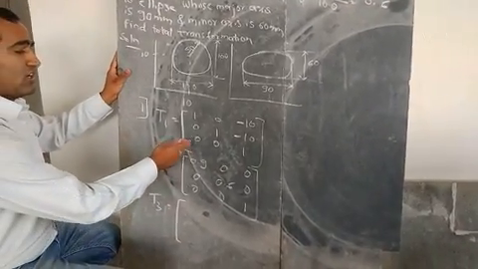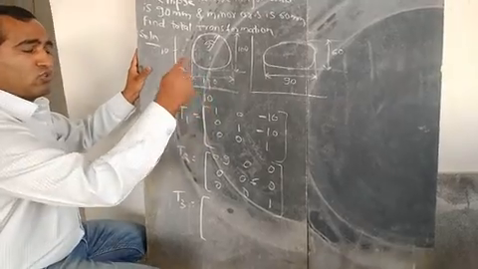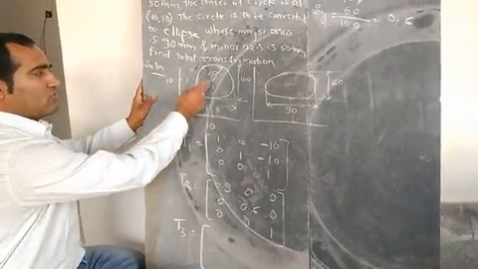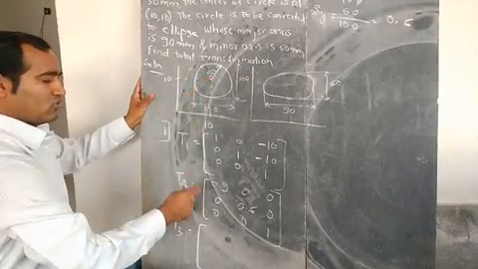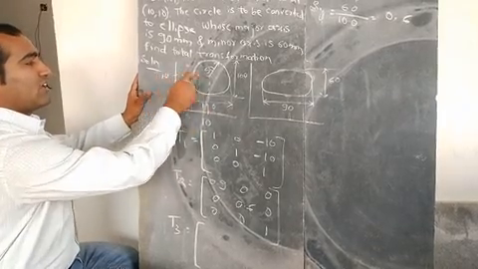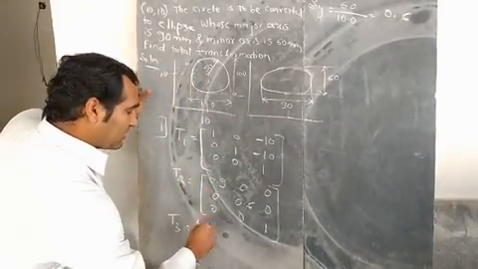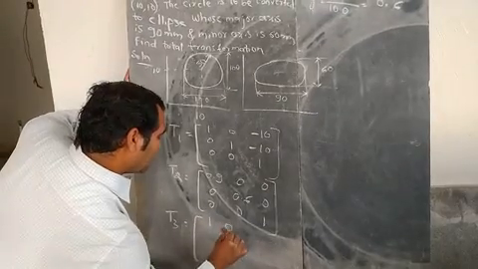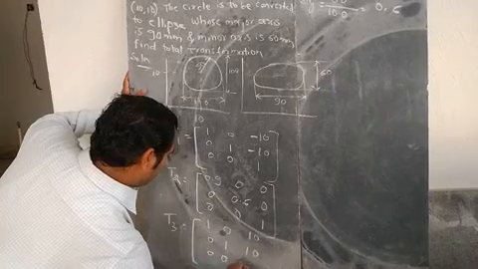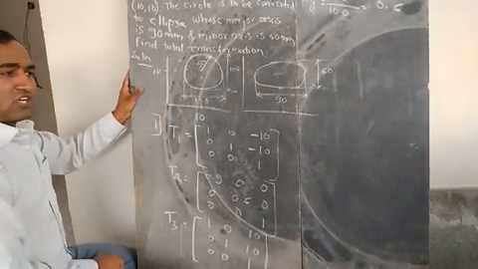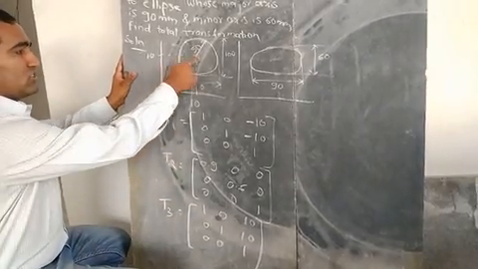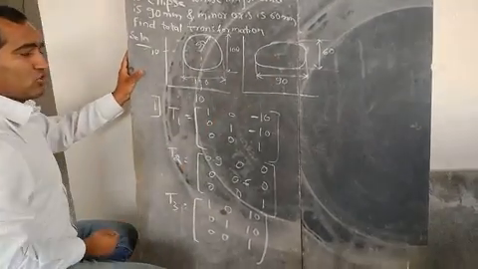You have to send the object back to its original position. The object is now at the origin, so I need to translate it again by 10 units in the x direction and 10 units in the y direction. That translation is 1 0 10, 0 1 10, 0 0 1. This is translation, so the object is sent back to its original position.